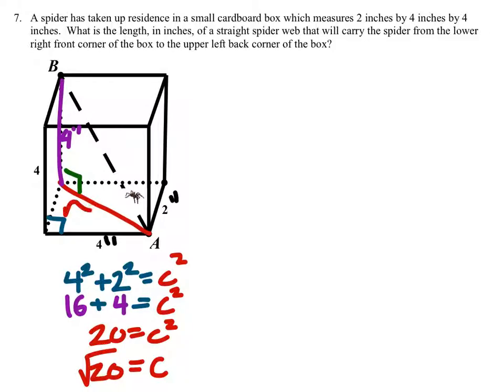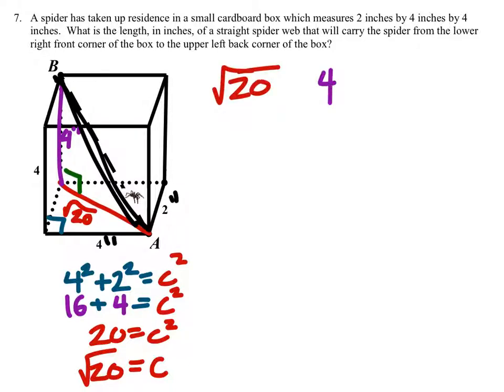I'm just going to show this as the square root of 20, because now I'm going to figure out the length of the spider web, which is part of that right triangle with the purple and the red legs. Alright, so I've got those 2 legs. I've got the square root of 20, and the other leg is 4. I need to square these and add them so that I can find the length of that spider web